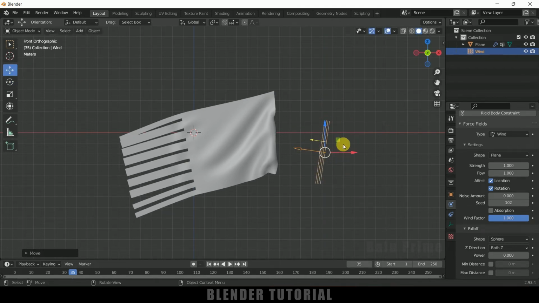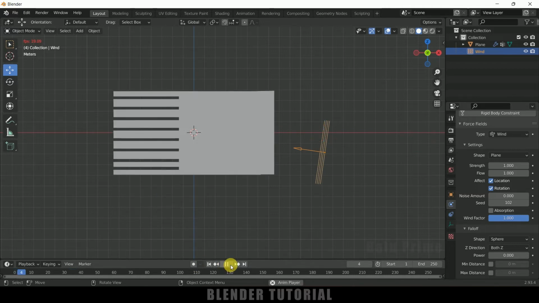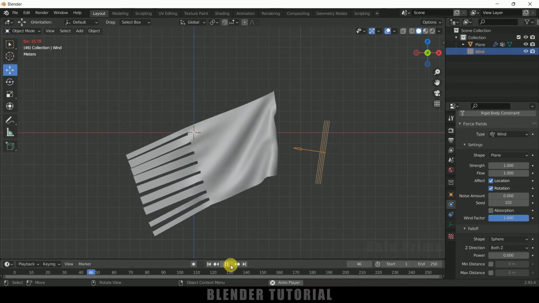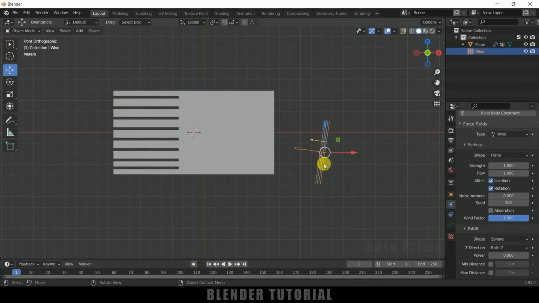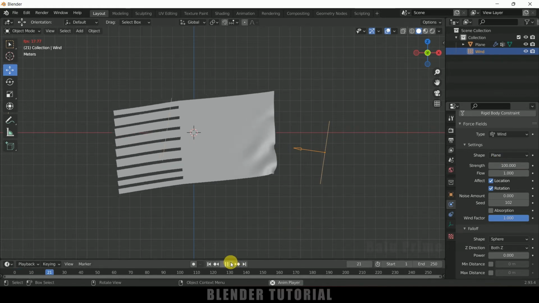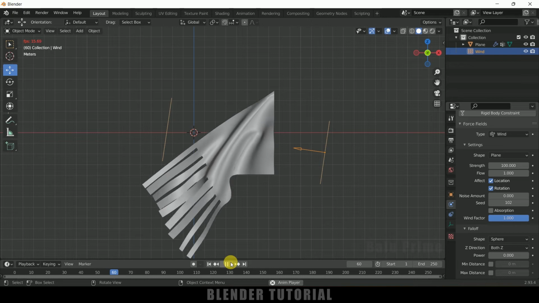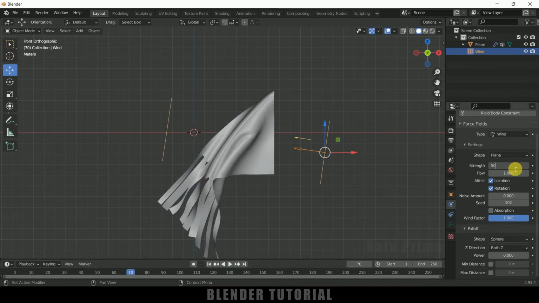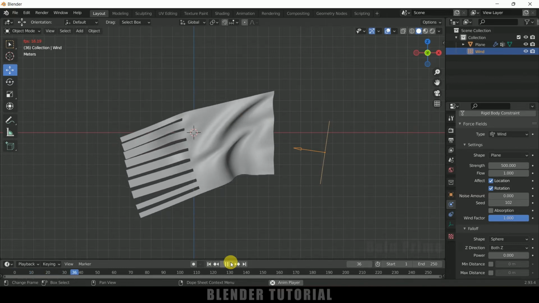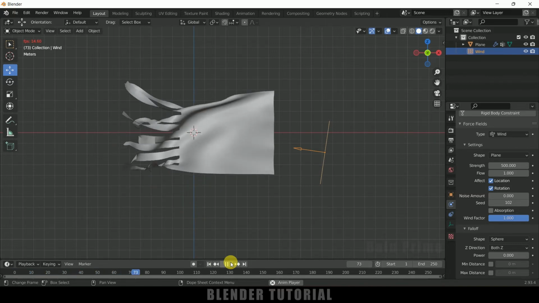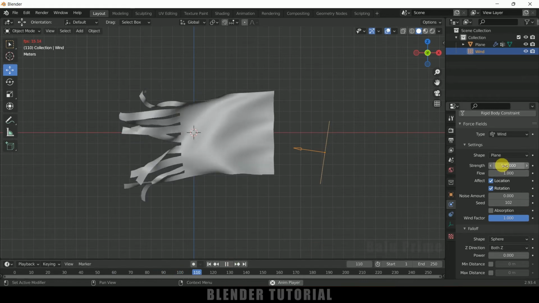So now we need to increase the strength, because at the default strength there will be no action on this flag. So select this force field or wind, come to the strength under physics property. So now let me increase the strength to 100, and let's see. So strength is 100, and now if I play this, the force is acting a bit here, okay. So now let me change this to 500, and now let me play this once again, okay. So now this is looking much better when compared to the force field 100, okay.